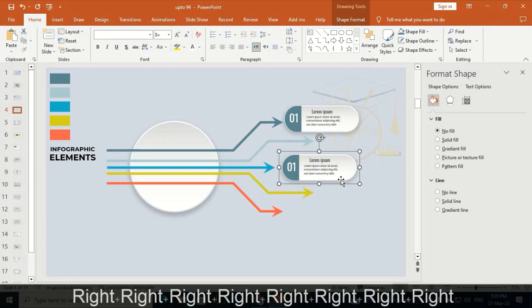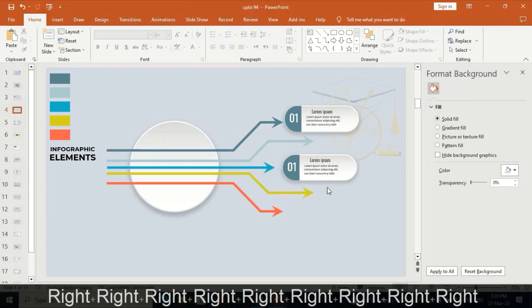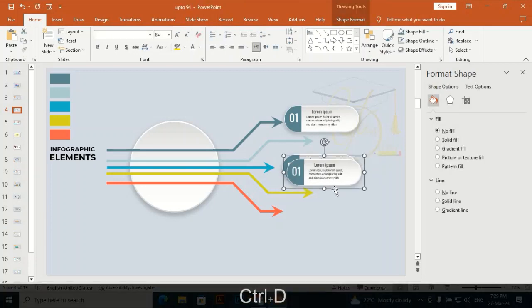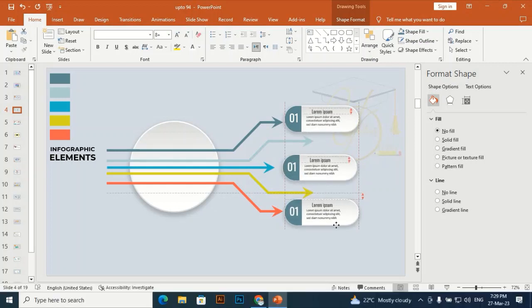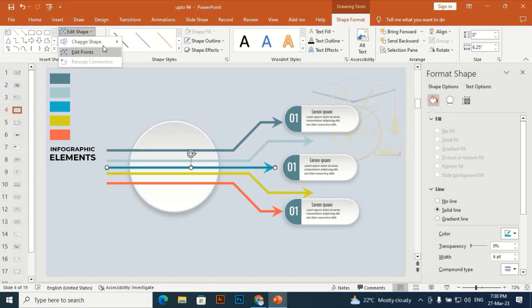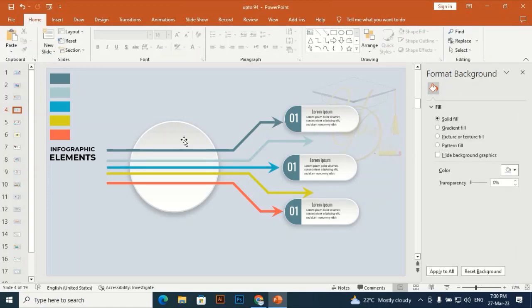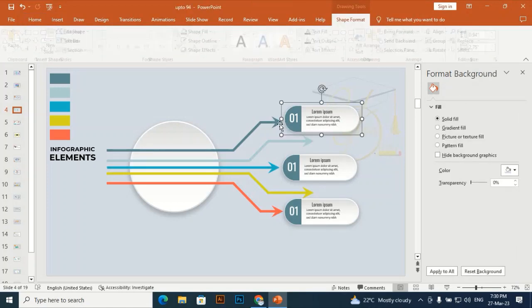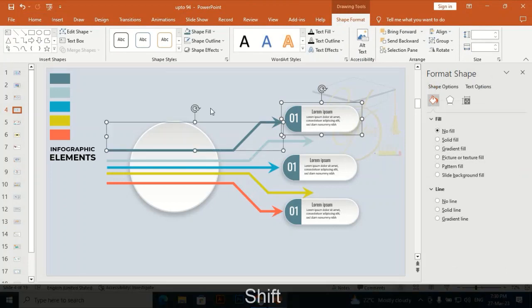Let me align it with the top one shape. Control D to duplicate it and place it here. Let me align it, and this arrow is a little bit smaller than the top and down arrow, so I'm going to make it align with these two arrows. Select these arrow and the shape and